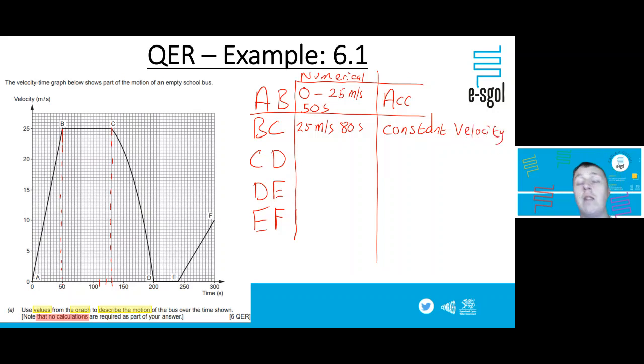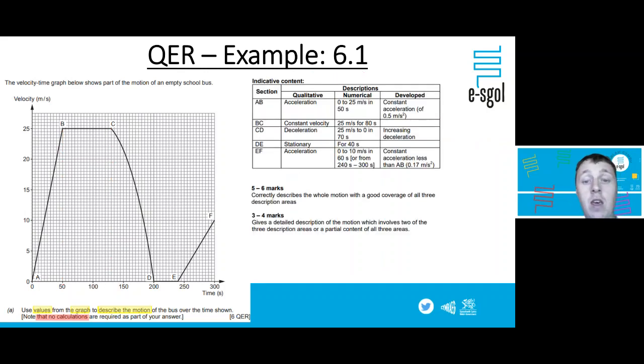So you can repeat this all the way through for each segment, and what you'll find is you might have the matching content to what they'd expect to find, and you've done this through breaking the question down into each segment. So there's a reason why they put the A through to F, because it helps you identify what to discuss. And if we go through each step, we can see what we identified was an acceleration from 0 to 25 in 50 seconds. So that they'd expect to see a nice reasoned sentence discussing the motion from A to